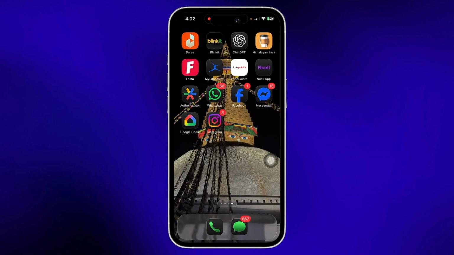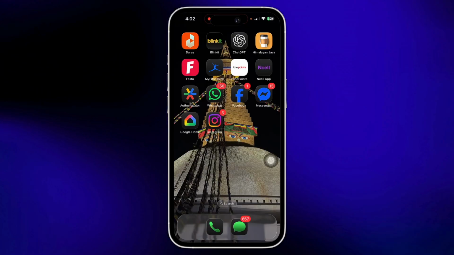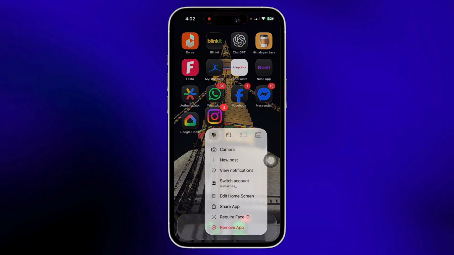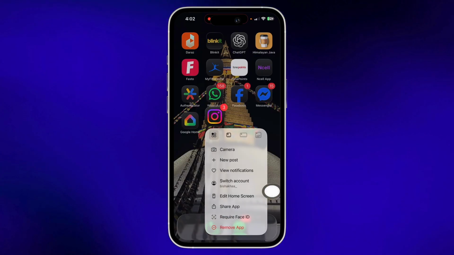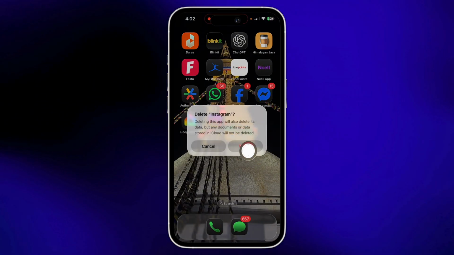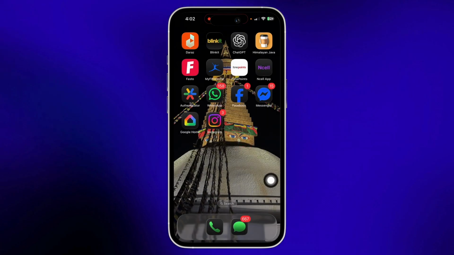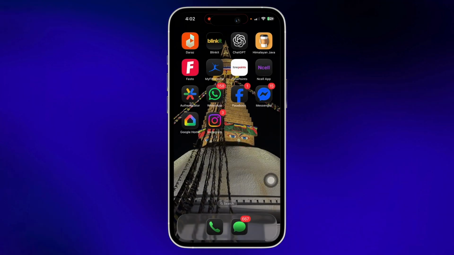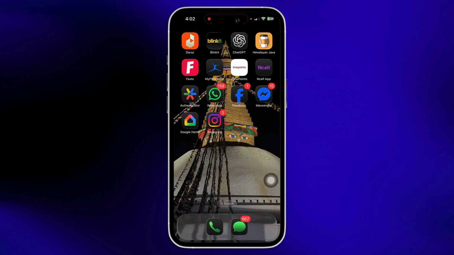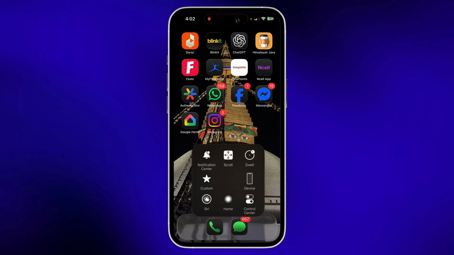See if that helps you in clearing the cache, and if not, then on your home screen, tap and hold on the Instagram application and then tap on the Remove App option, then on Delete App, and then on Delete. Delete the Instagram application completely from your device and then reinstall it again, and doing this will help you in clearing your cache too. And if that does not help too, then you can simply go ahead and try to